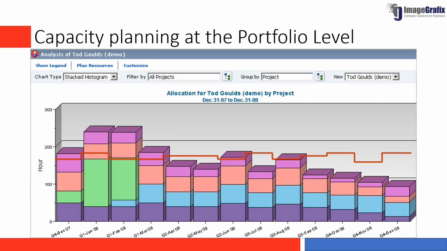Then you can analyze how that resource is getting utilized across the projects within a specific portfolio, right? You can select the portfolio and then do it. I can group it based on projects. I can view for a specific resource. That is also possible, right?